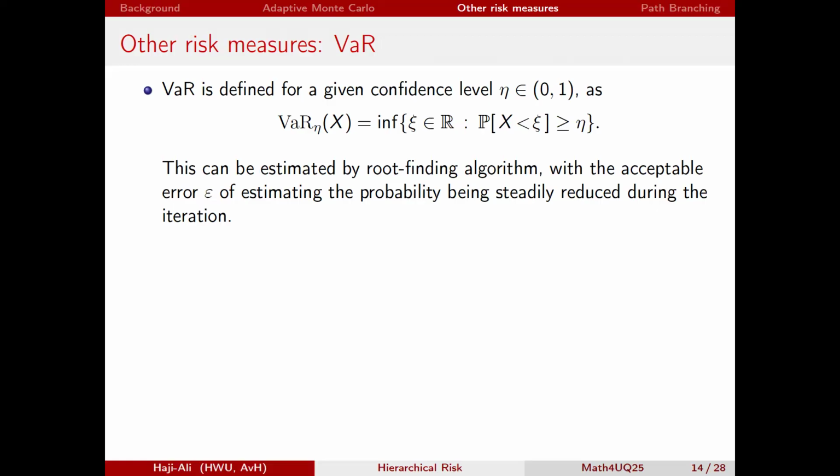So by having a root finding algorithm that changes the accuracy of computing this probability as the iterative algorithm progresses, one can achieve the same complexity as just estimating one of those probabilities accurately, I should say. So it means that I can still estimate this VaR at order epsilon to the power minus 2 times log epsilon squared, for example, even though I have to estimate these probabilities multiple times, but just again refining that estimate in the root finding algorithm as I go through it.